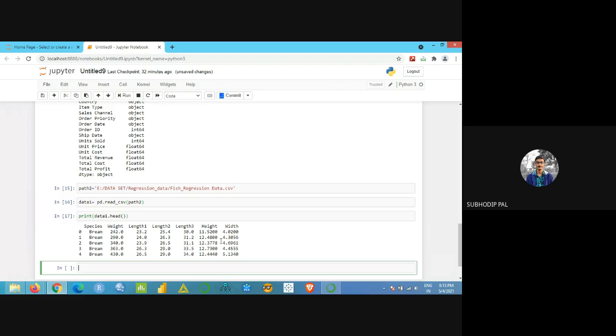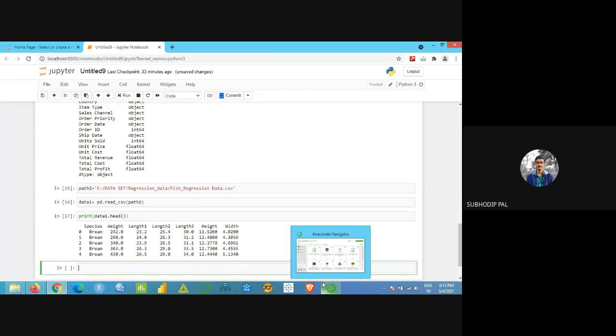It's very simple. If the height of a fish is more, then weight will obviously be more. Correct, right, everyone? Yes. So this is the simple thing. Imported the data.